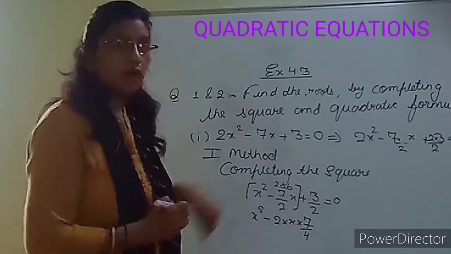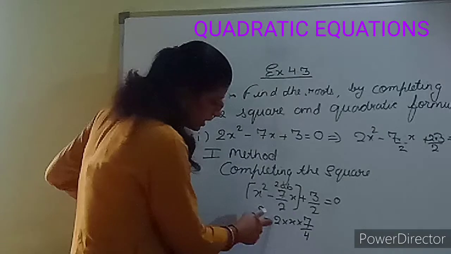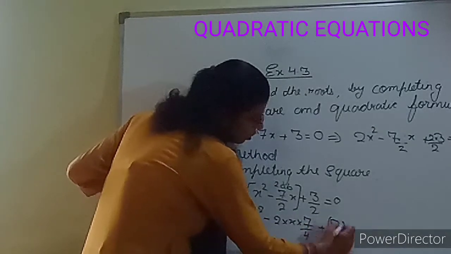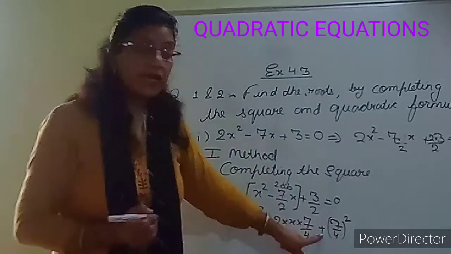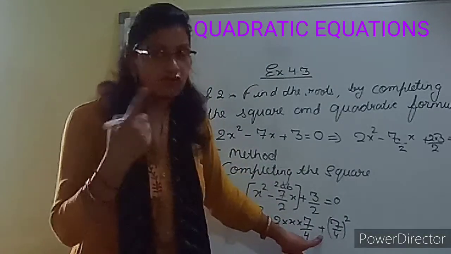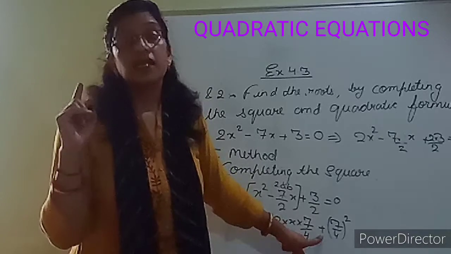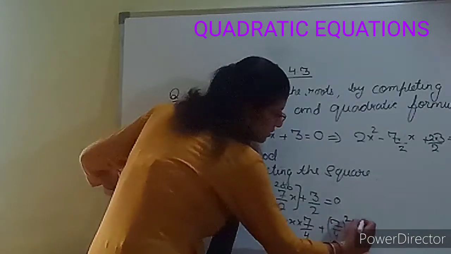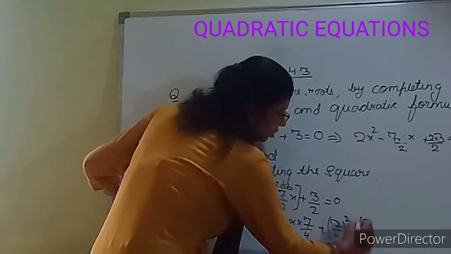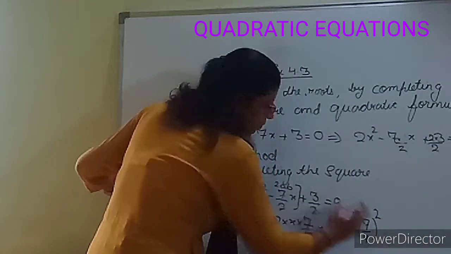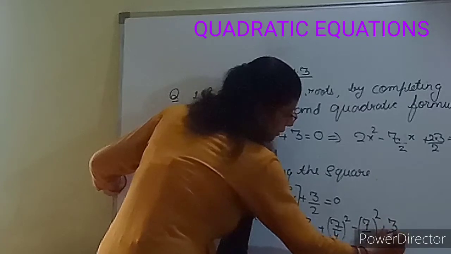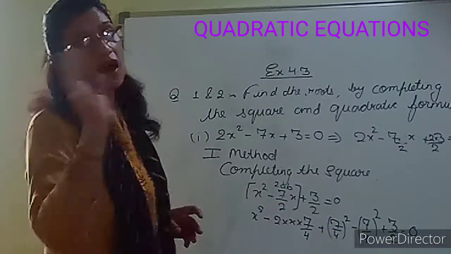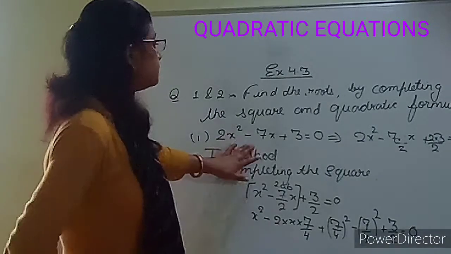Okay. So now make the formula. A square minus 2ab plus b square. B square means 7 upon 4 whole square. So if we are adding this extra here, so same thing we have to subtract also for the equation will not change. Okay. तो इतना ही minus भी कर देंगे. Then 7 upon 4 whole square plus 3 upon 2 we was already having equals to 0. Clear this much? How we have done the completing this square?